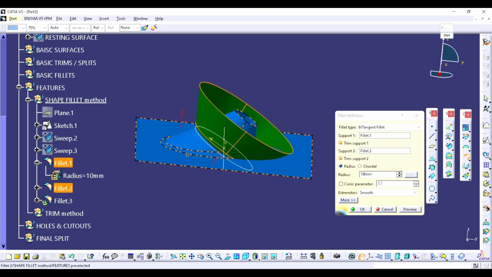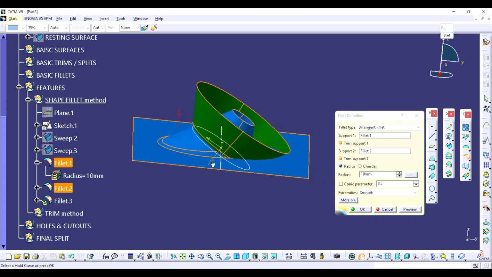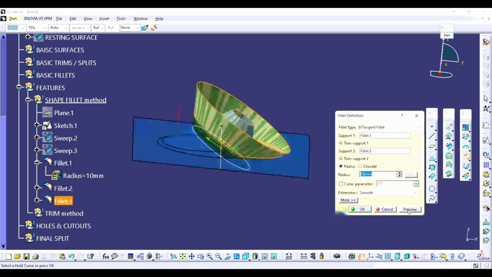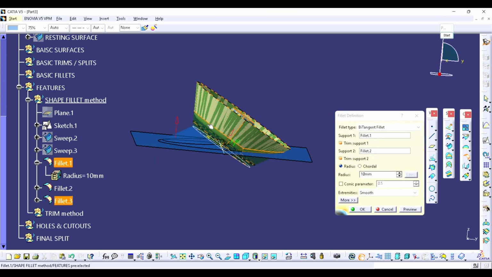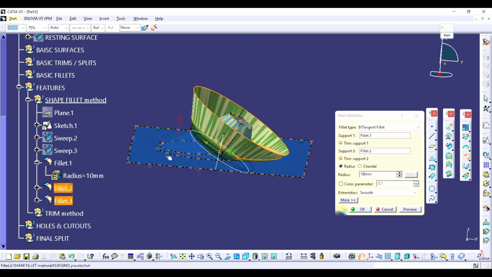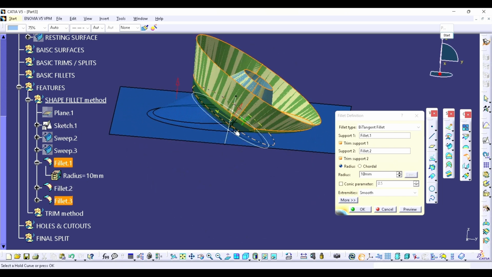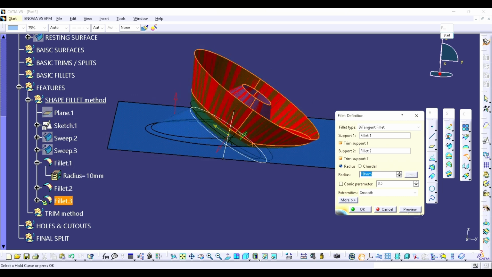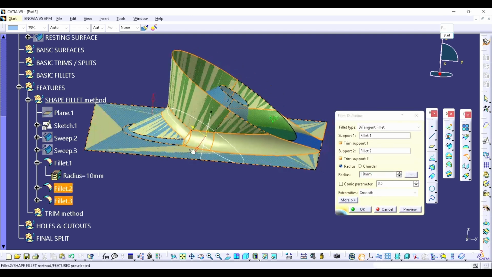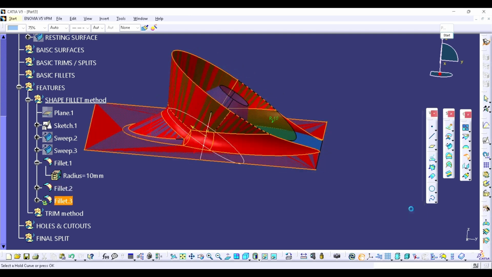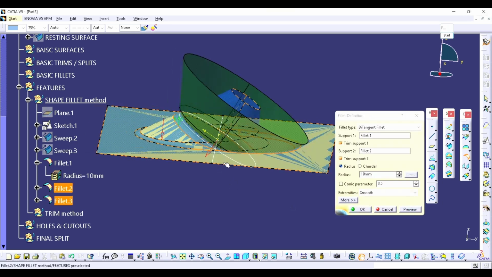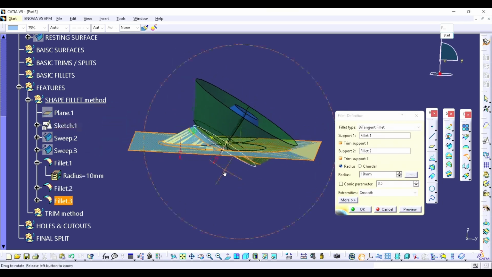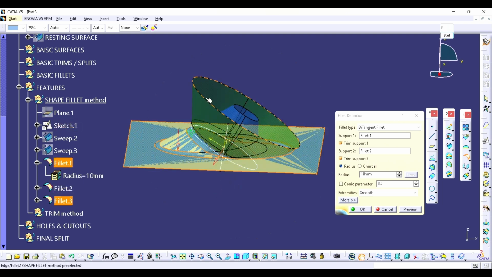Now here is a trick. You have to use a trial and error method, whether you are able to see which surface you want or which surface you don't. Then click over preview. Okay. So here you are able to see this is remaining and the transparent part is what we don't want. So we have to change the arrow and click preview. So this is not how we want. So I'm going to change the arrow again. Yes. So by using the trial and error method, you are able to see the transparent part we do not want